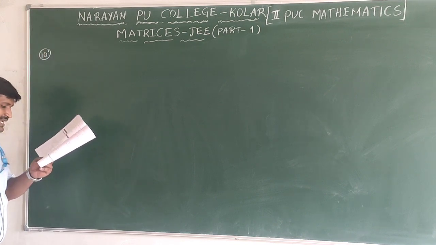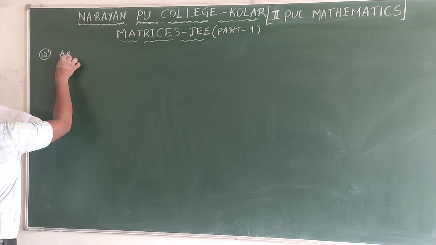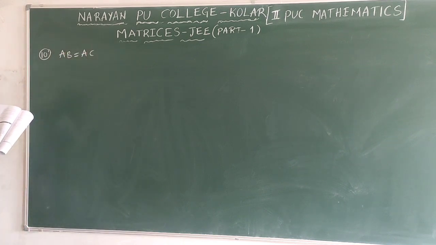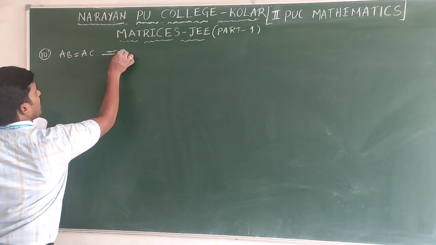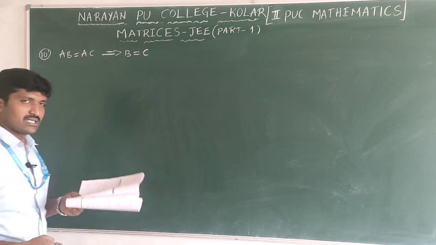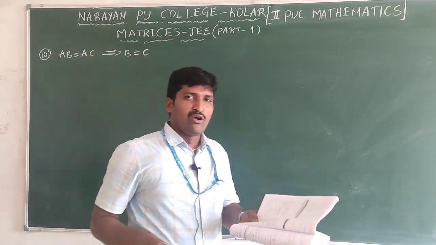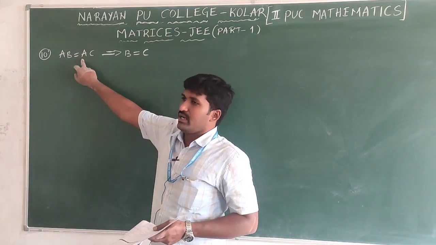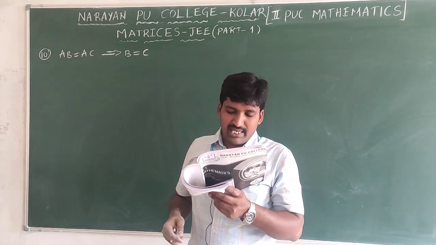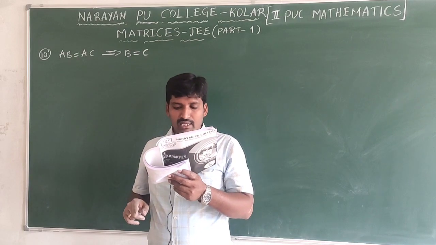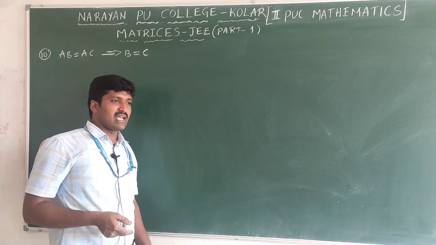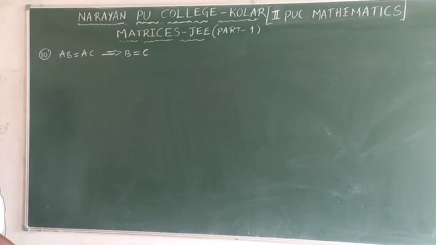From the matrix equation AB equal to AC, we can conclude B equal to C, provided that at what condition? From AB equal to AC, we will get an equation in the form of B equal to C. The given options: A, A is non-singular; B, A is singular; C, A is symmetric; and D, A is a square.